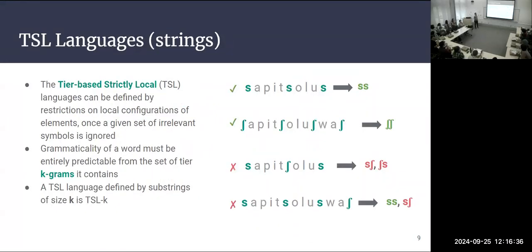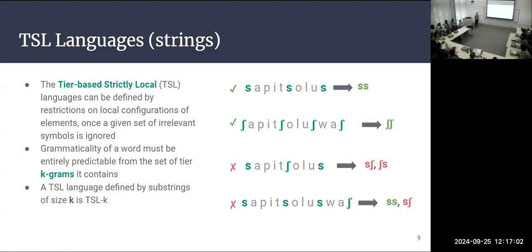So let's zoom in a little bit on what the TSL languages actually are. Tier-based strictly local languages can be defined by restrictions on local configurations of elements, so configurations of elements that are immediately next to each other once we ignore a given set of irrelevant symbols, right? Over here on the right, this is an example from a language called Samala, and they have this